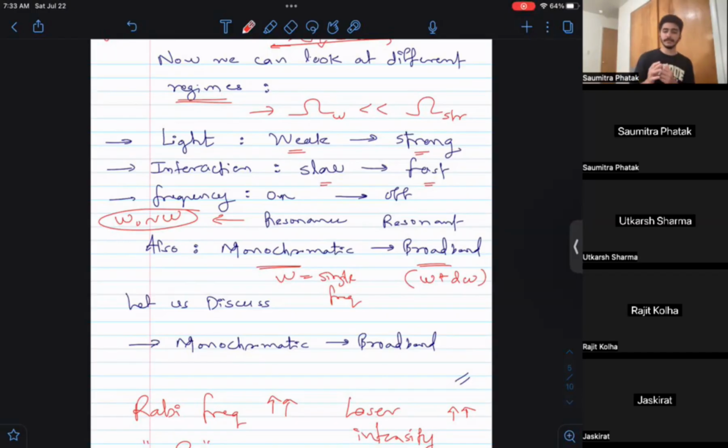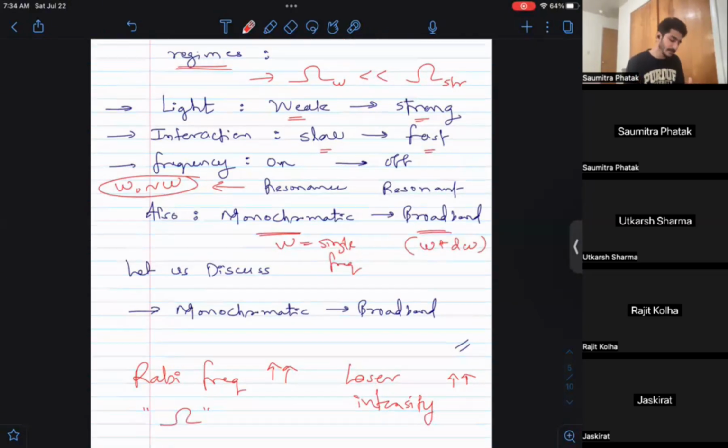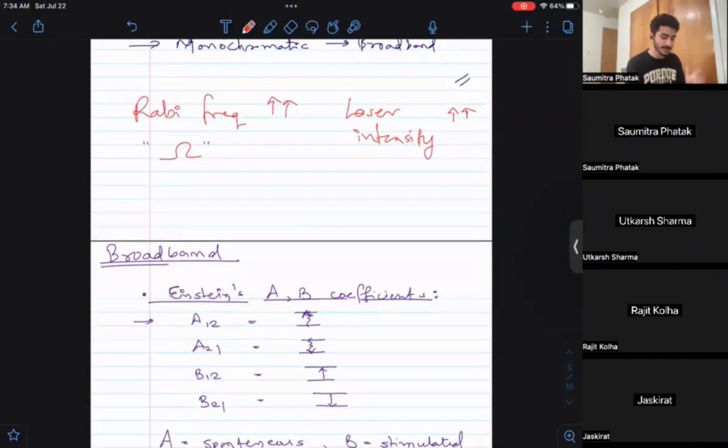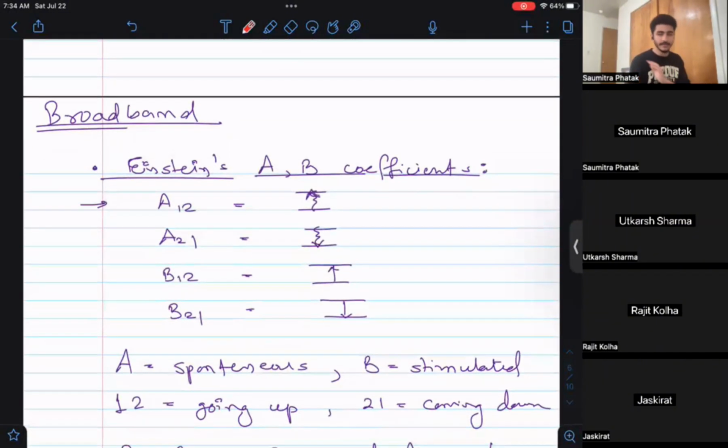And then if we apply a laser which is broadband, which has a lot of frequencies, what will happen? As opposed to if we consider a narrow band laser, which is like a single frequency, what will change? What will be different in terms of physics? For considering the broadband radiation, we actually have to consider Einstein's A and B coefficients, which is a